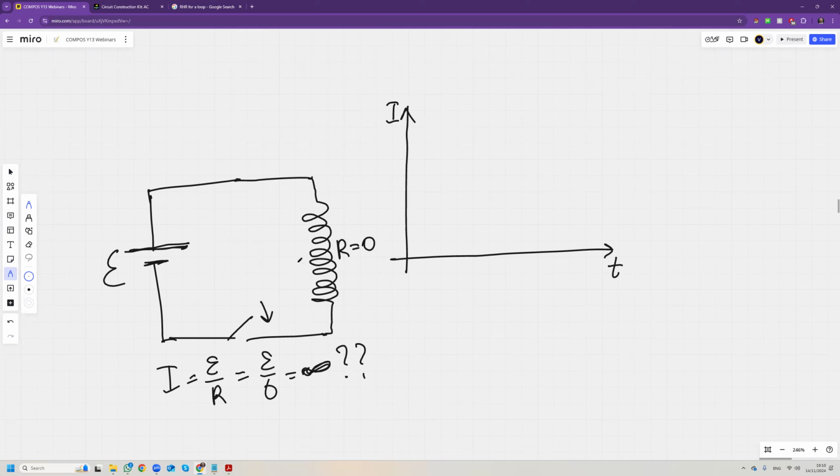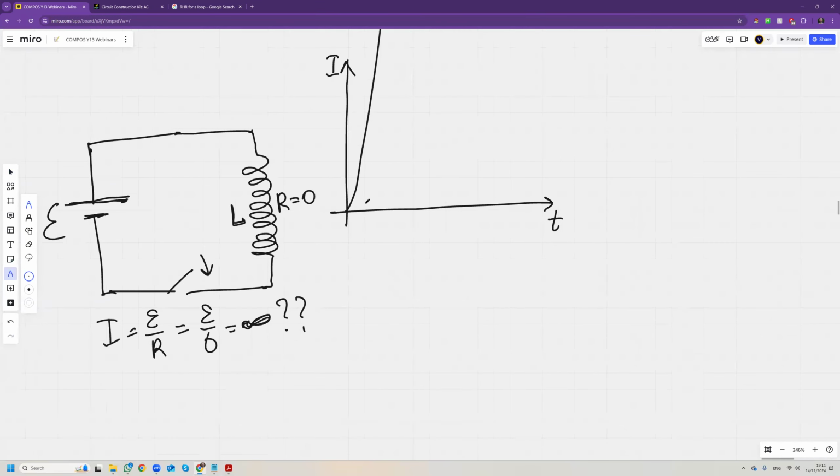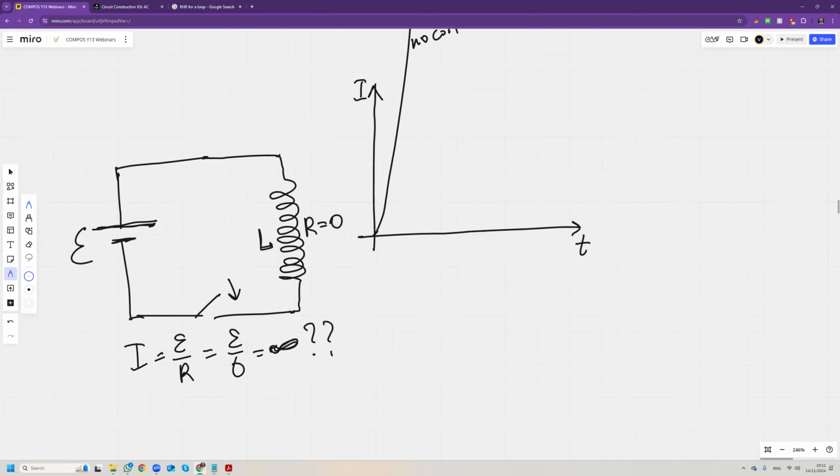There is a property called inductance. We haven't discussed this property, but it's there. So with no coil, it just goes to infinity. We don't know how quickly, but towards infinity. But with a coil, it actually goes like this. And to prove this,